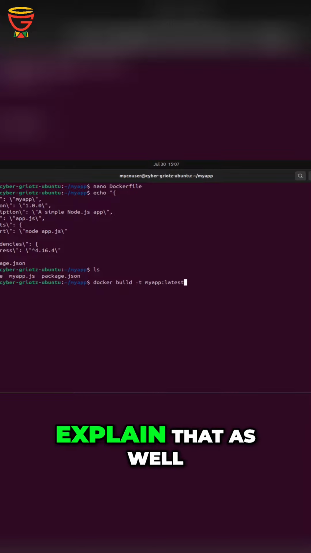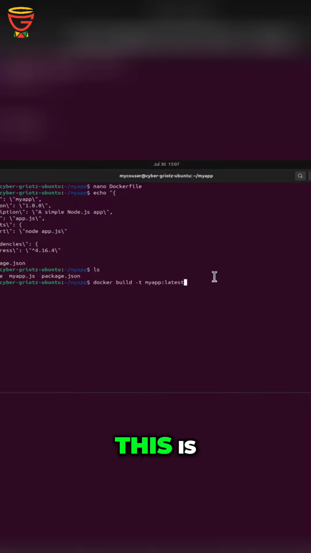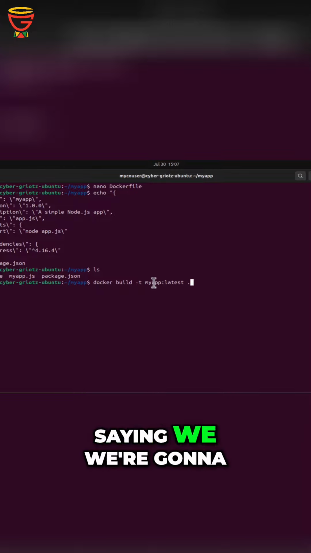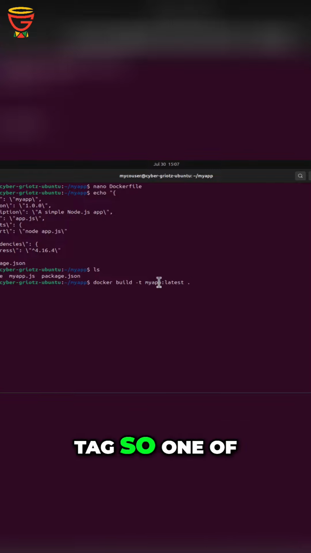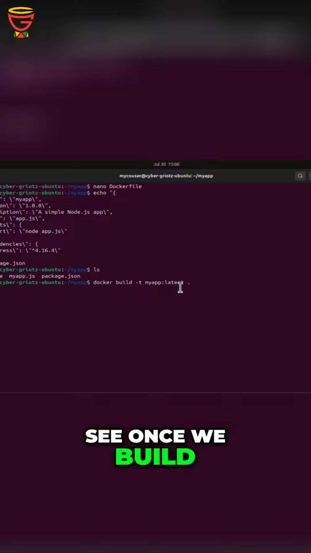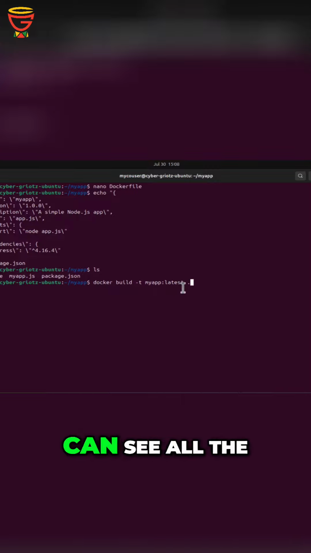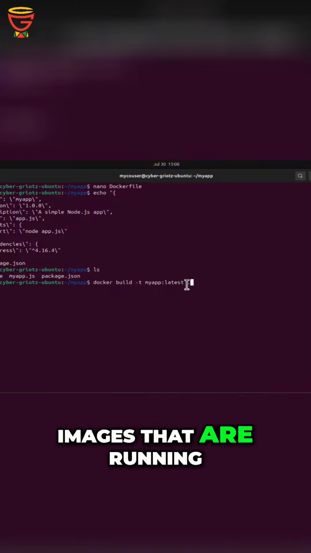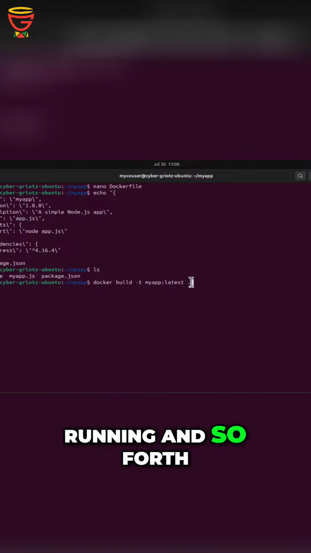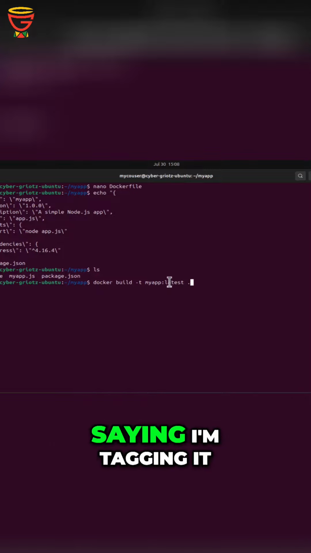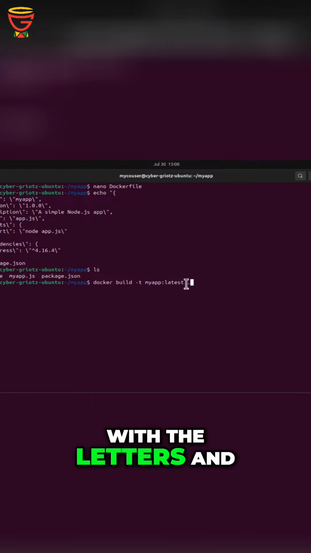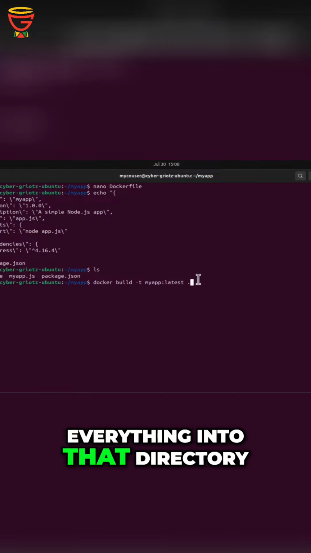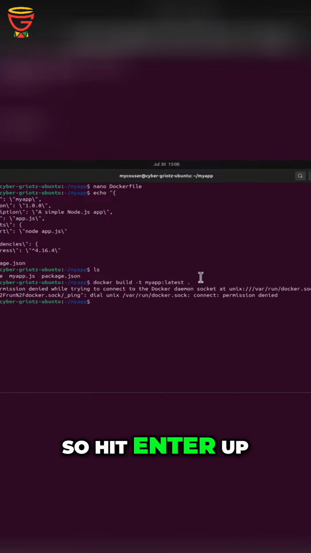So just to explain that as well, this is saying we're going to build this my app, and then we're going to tag it with the latest tag. So one of the things that you'll see once we build this, when we go into Docker images, we can see the list of all our images that are running, or containers that are running, and so forth. So this is just saying I'm tagging it. This is the name of the container, and then I'm tagging it with the latest, and dot means I'm including everything in that directory. So hit enter. Sudo. I should